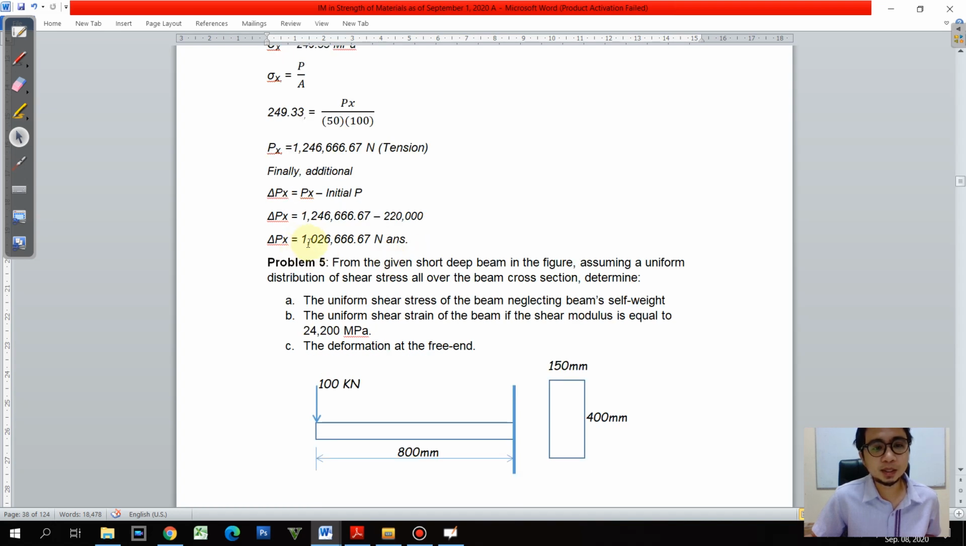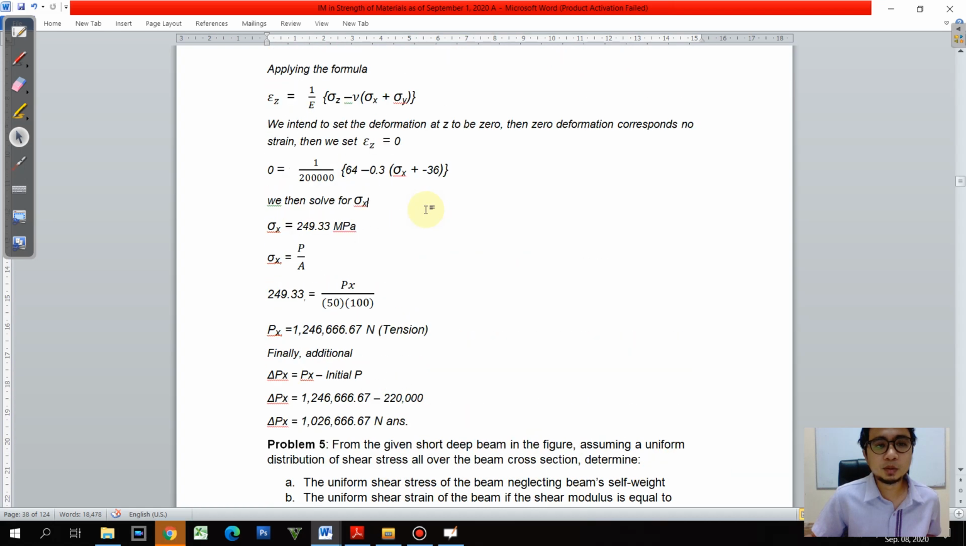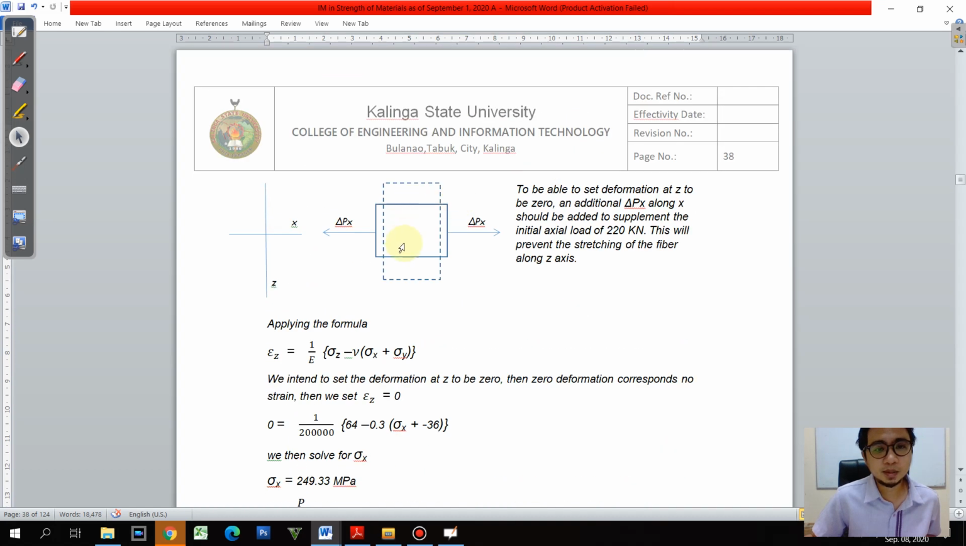So, yung additional dapat 1,026,666.67 Newton in order to come up with no strain along the z-axis. Dapat 0 yan. Okay, so again, binalik natin yung stretch dito caused by the triaxial loading by adding here an additional tensile load so that this will be stretched along the longitudinal direction and then compress along the lateral